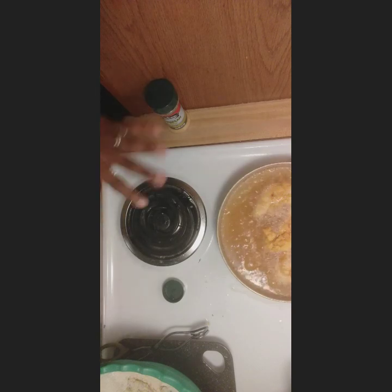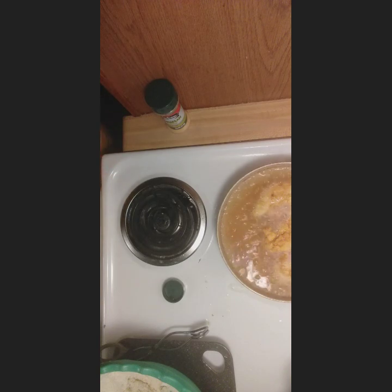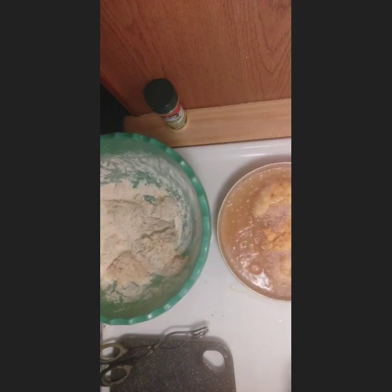I'm not going to sit here and fry all my tenders on camera because I have a couple of them. Because whenever I fry chicken tenders for my kids, I always fry a couple of them so they can have some for tomorrow's meal. I always try to plan ahead for tomorrow's meal. So let me go ahead and get a plate because I'll be ready to plate soon for you